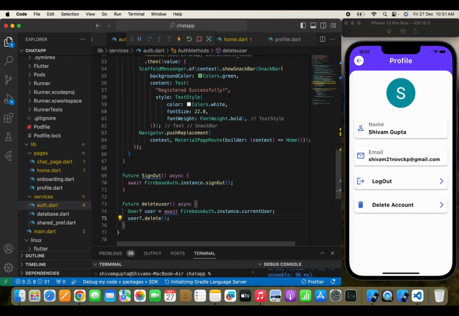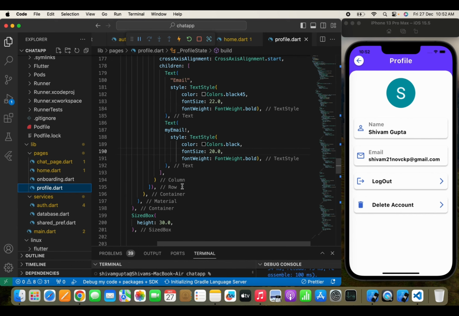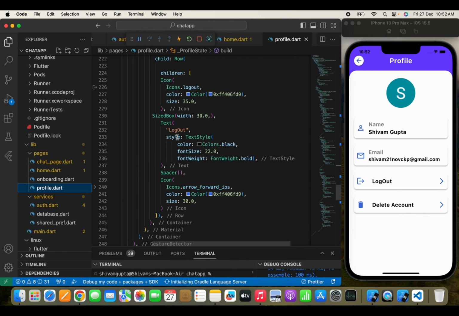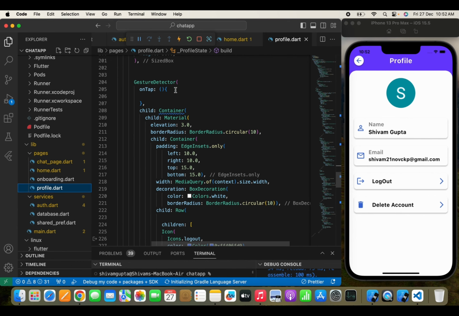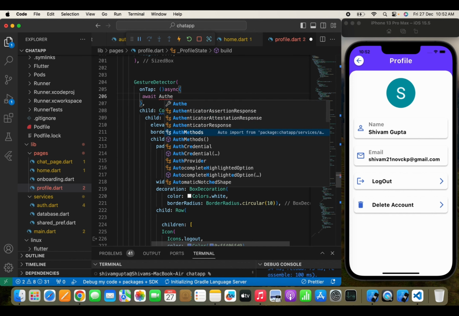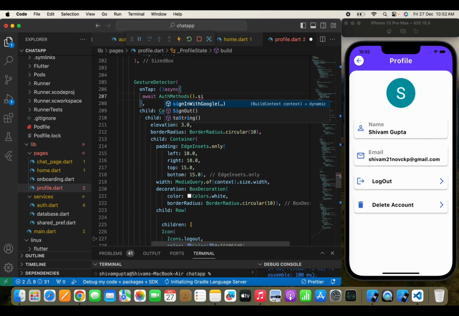Now once you have done all this, we can simply call these two functions in the profile page. So let's move to the profile page first, and in the profile page we'll wrap the container that we have written with a GestureDetector. I've already wrapped it. Now here I need to write async, and here I will write await authMethods.signOut, and once we have signed out,